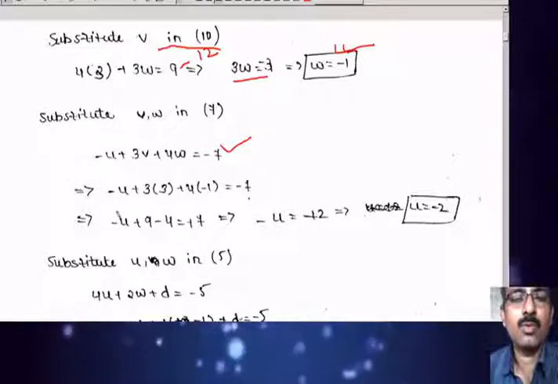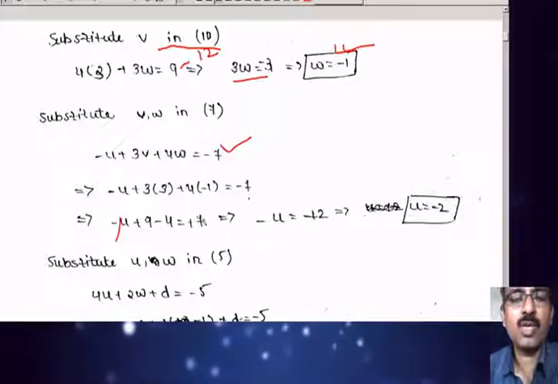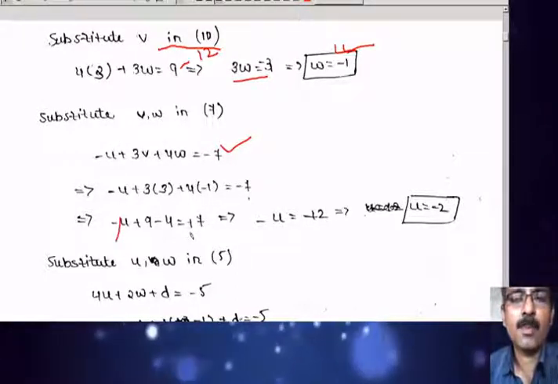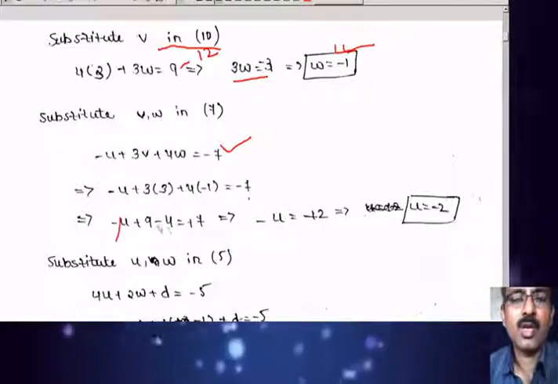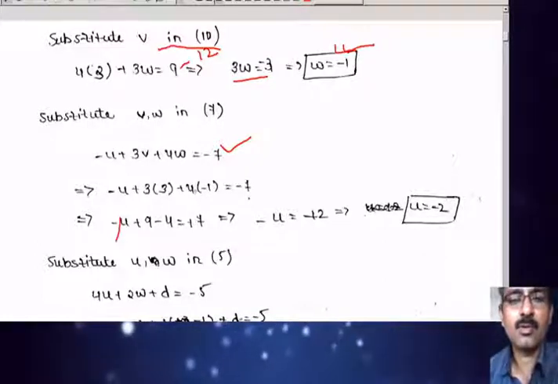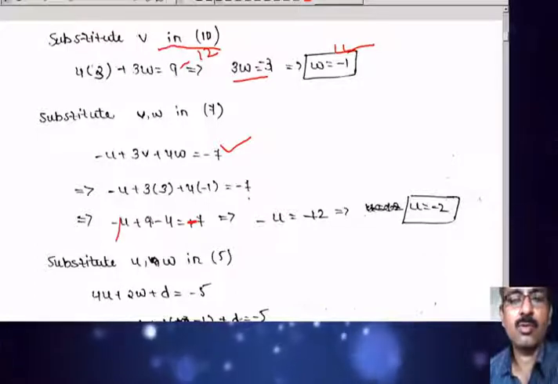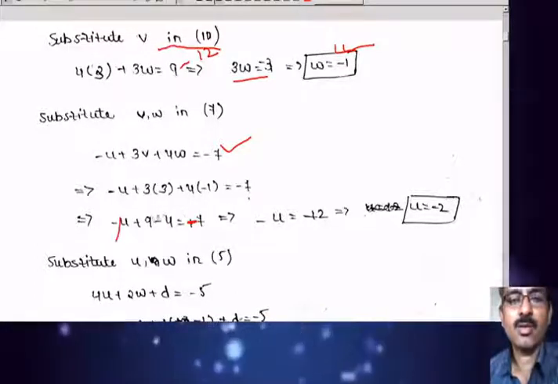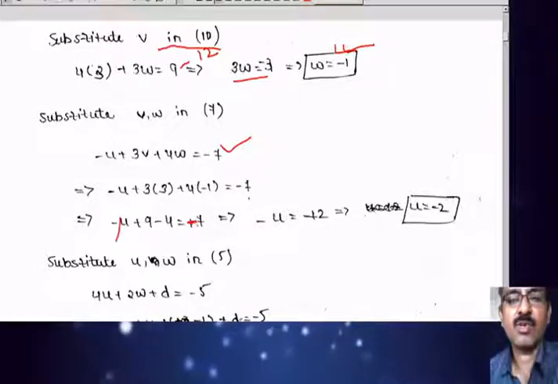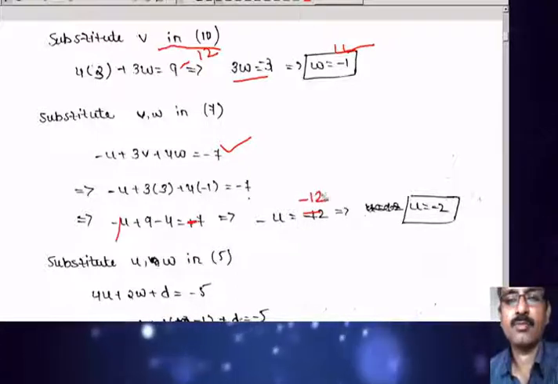9 plus 4, 9 minus 4 equal to minus 7. 9 minus 4 minus 5, here it is minus 7. Minus 7 minus u equal to minus 5, shifting to the right side, minus 5. Minus 5 minus 7 is minus 12, and u equal to